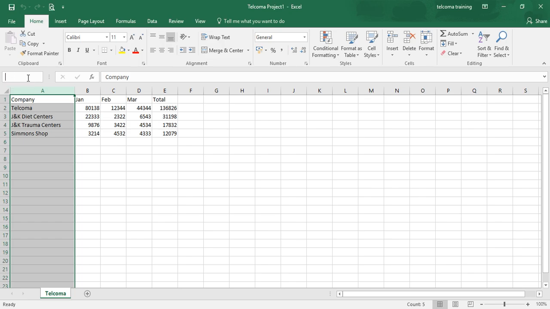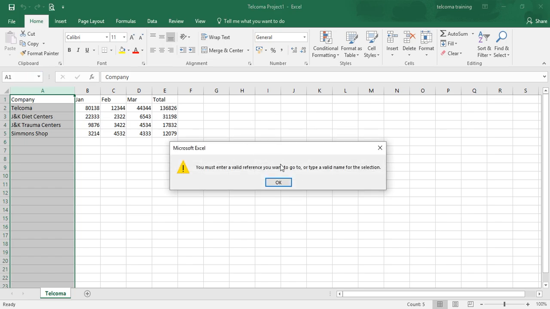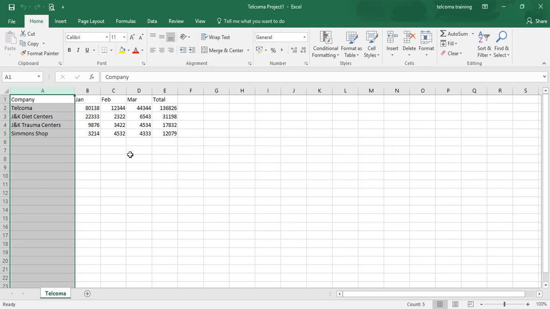You can write here the name of your column. Now you press enter. It is invalid because we have put a space in this. So let's try it with